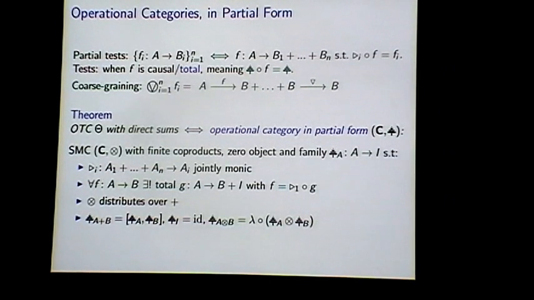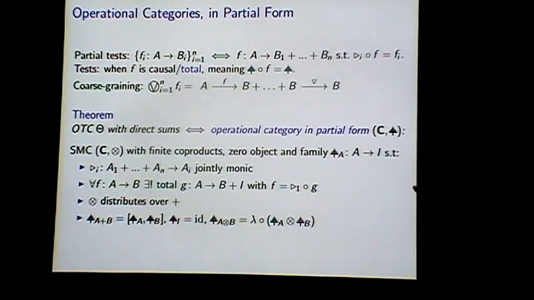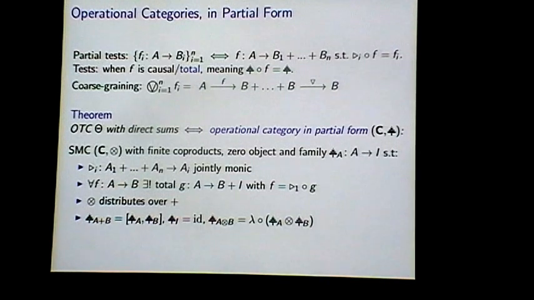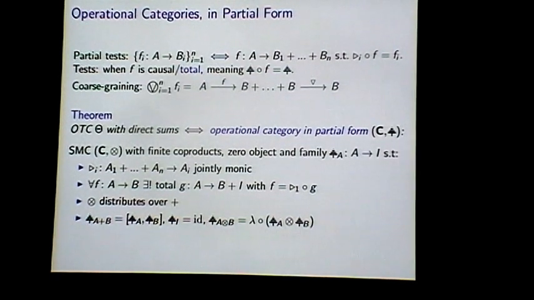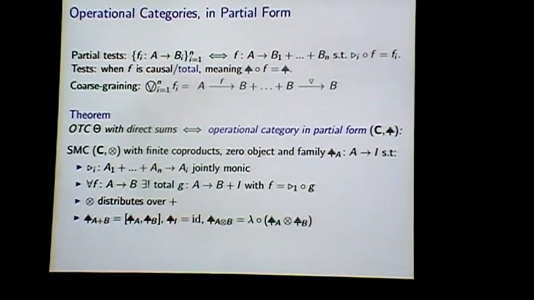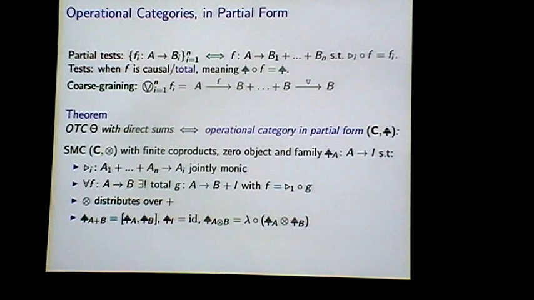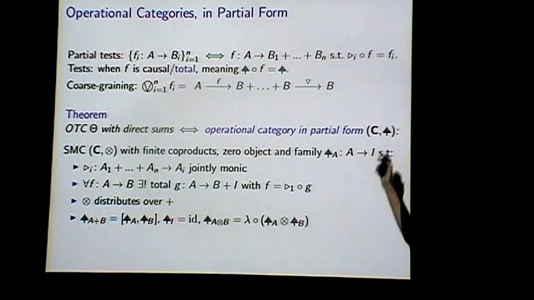So starting from any one of these theories, we know its category of events has all these properties. And more interestingly, any category with these properties gives you enough structure to define the theory. So you can define the partial tests by defining them to be arrows coming into the co-product in this way. You can define the tests using your discard maps, and you can define the coarse graining using your co-diagonals. So it's really a two-way correspondence we have between both of these notions.